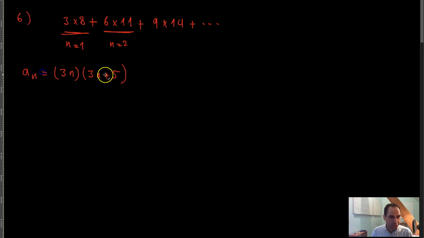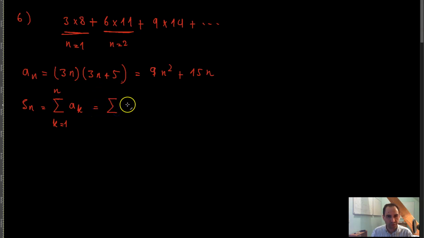And that is your a of n, right? So that's equal to 9 times n squared plus 15 times n. Which means that your S of n is equal to sigma a of k as k goes from 1 to n, which is equal to sigma of 9 times k squared plus 15 times k as k goes from 1 to n,